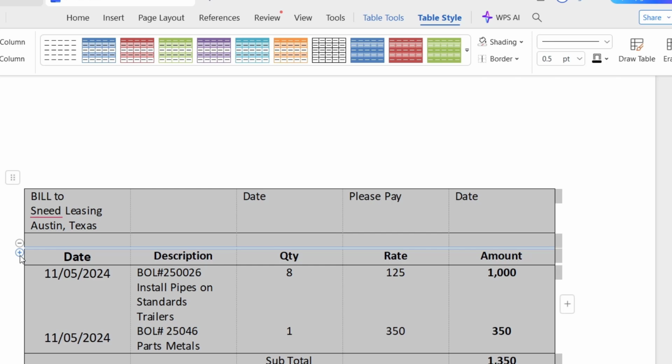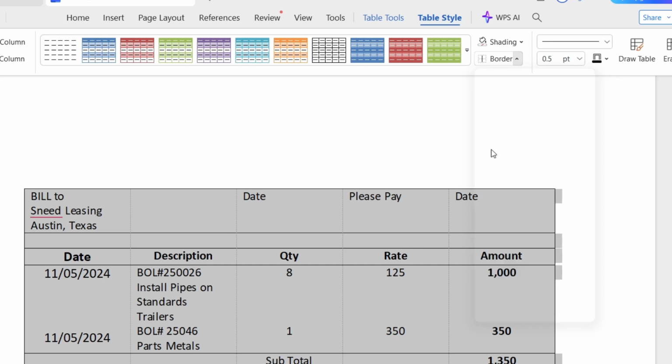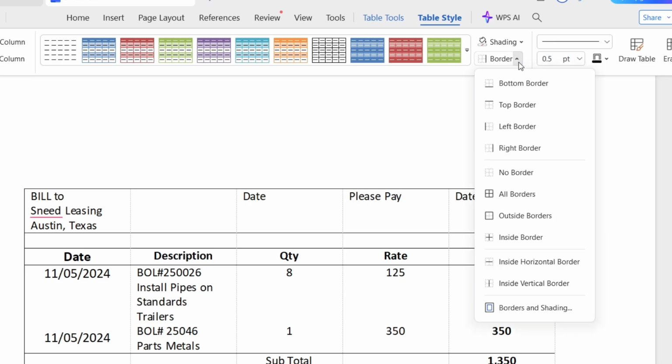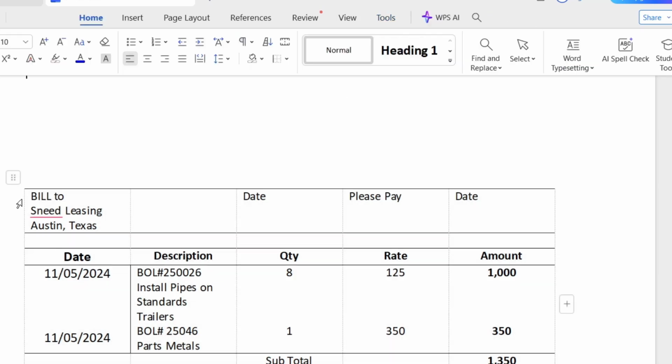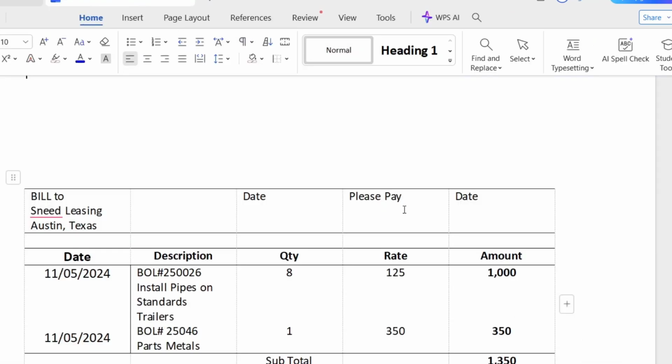Now you have to remove this line and this line too. So again, click on it, and then you have to click on the right button. So you can see this line has gone, and again you have to click on the left to select it, and now you can see the left one is gone. So this one is a pretty thick line at the top of this, and you have to select it,